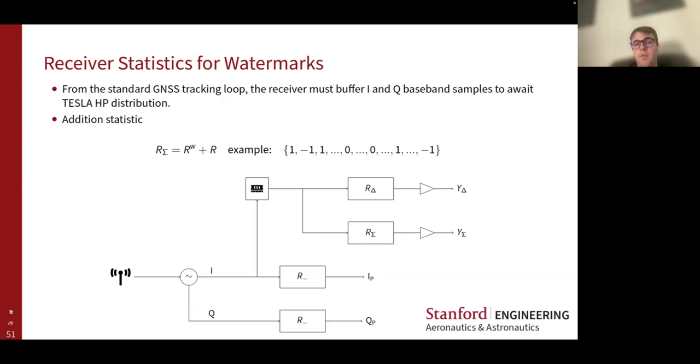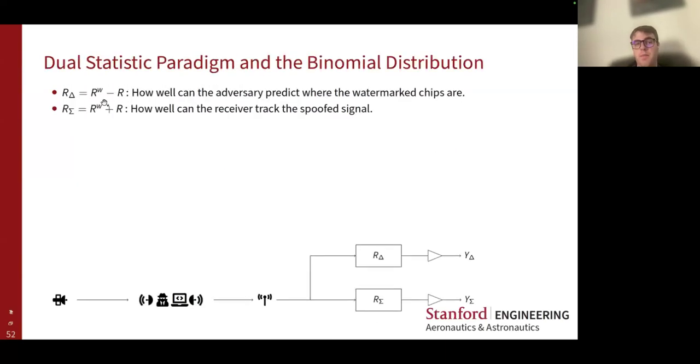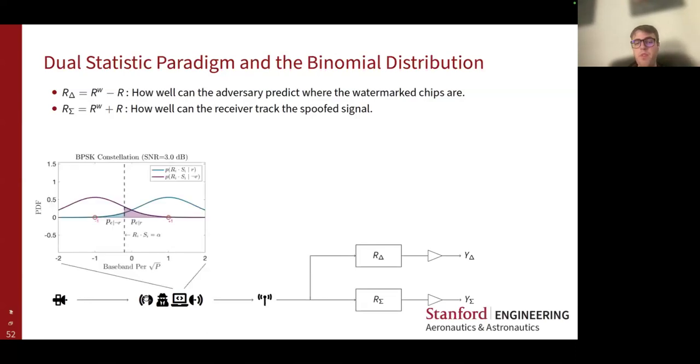So essentially, we have a dual statistic paradigm. Our delta measures how well the adversary can predict where the watermark chips are, and our sum is how well the adversary will track the spoof signal. This is why we have this dual statistic paradigm. We have an adversary that's observing the watermark. Here's our adversary, and they're repeating it into this receiver with two statistics. The adversary has a decision problem. When they observe a watermark, they're going to have to decide, is this particular chip